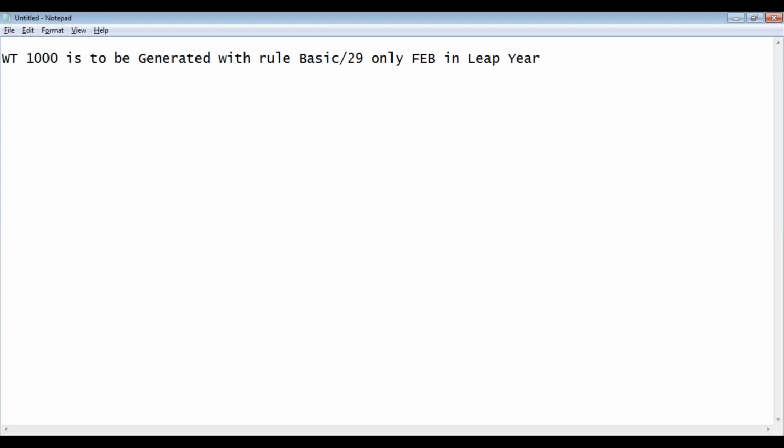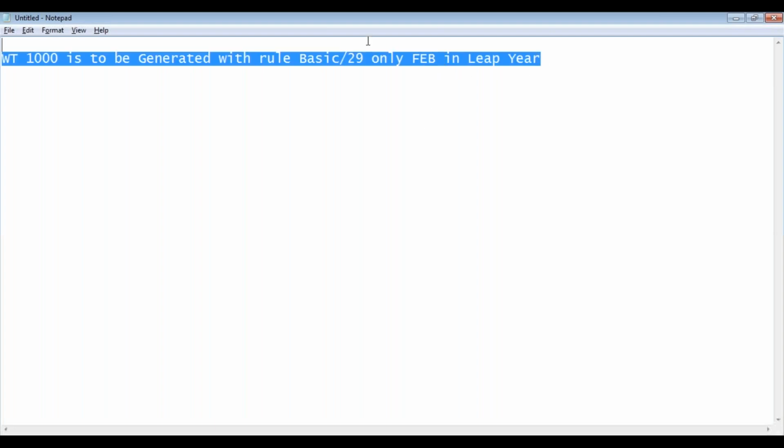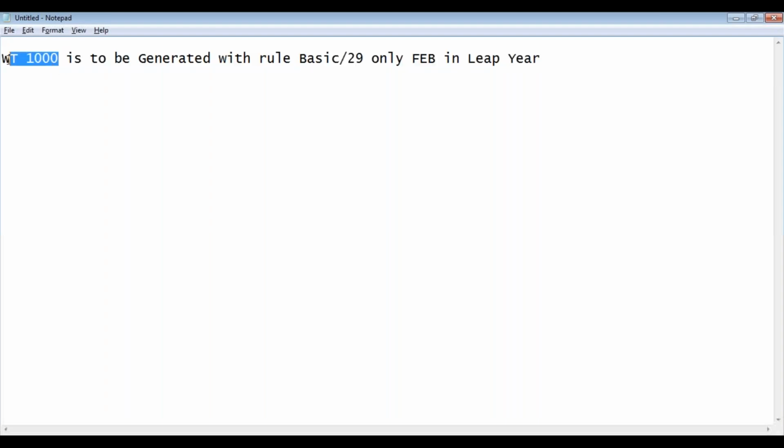Okay, how do you find out which year is a leap year? I don't want you to hardcode the years using the VAKUI operation or using the CMPER operation. You should not use VAKUI, you should not use CMPER, both. But I want this thing to be done. Okay, so in the February month, only if it is a leap year, this rule has to be executed and then generate with a day value, 1 day value.